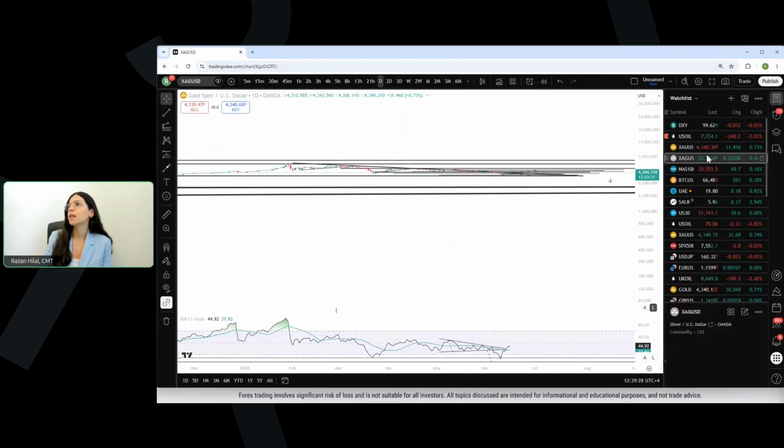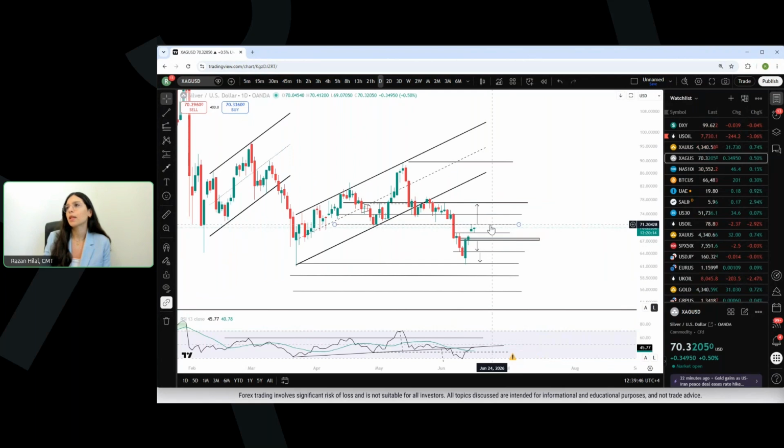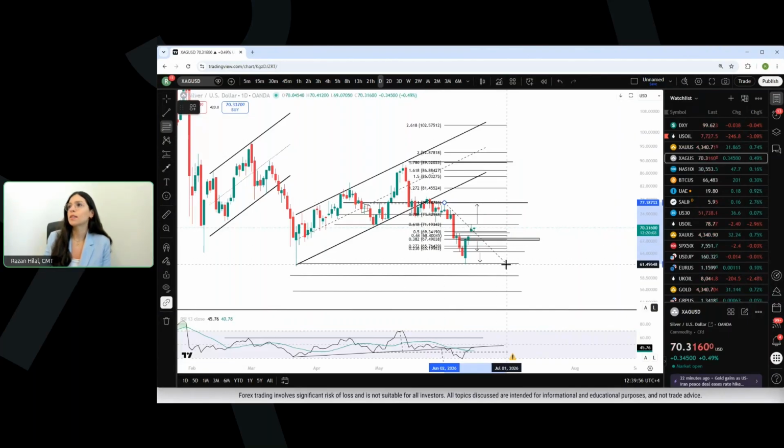I'm going to go down to the daily time frame. You can see that silver is also holding below the key neckline of that previous consolidation that gave way to the latest sell-off on the silver chart, in line with the bullish rebound from the lows of this year near the 61.40 mark. We can see over here a short-term hold as well for silver prices below the 71.20 mark, lining with the golden 618 of the overall retracement of that trend spanning across the highs and lows of June 2026.